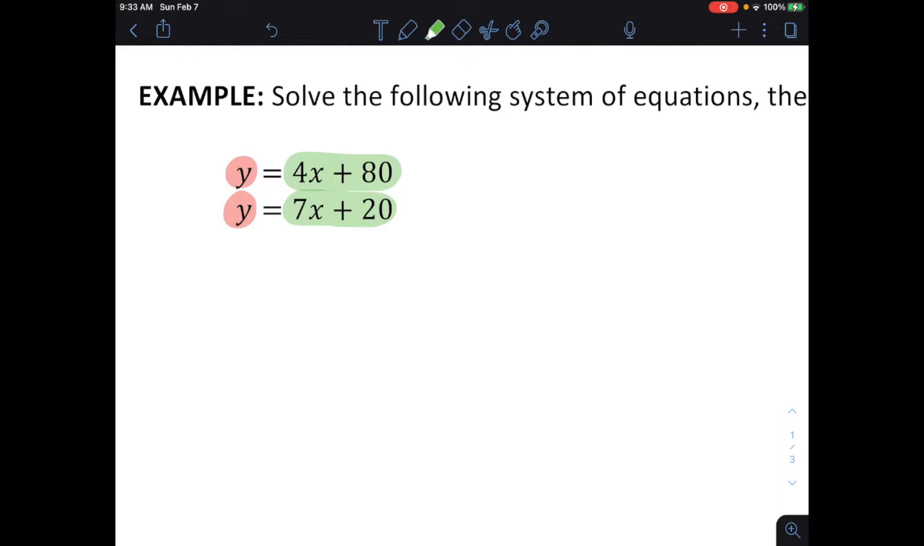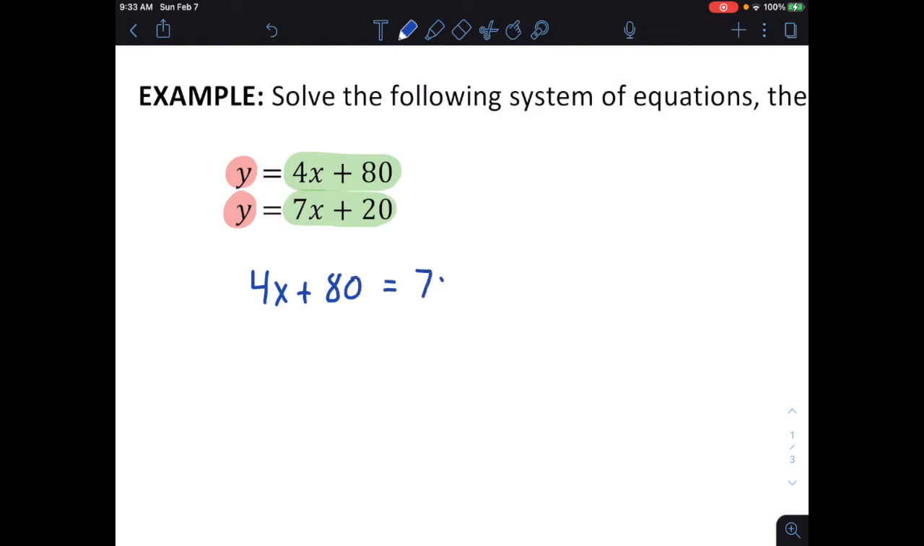Okay, so if we think about up above, those 2 sets of coins, even though they were different coins, they were still equal to each other. So that's the thing that we're going to do here. We're going to say, hey, I know that y and y are the same thing, kind of like the dollars up above. And then that means that the 2 things that are highlighted in green are equal to each other. So all we have to do if we see 2 equations where it's y equals and y equals, is set those 2 things equal to each other. So we have 4x plus 80